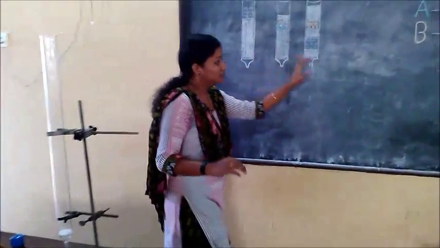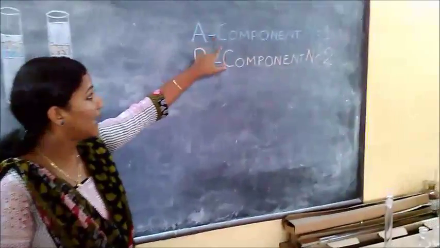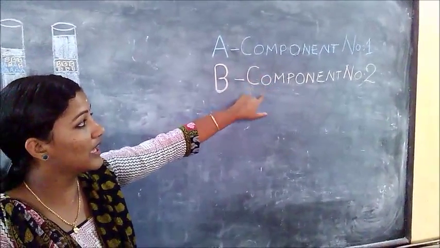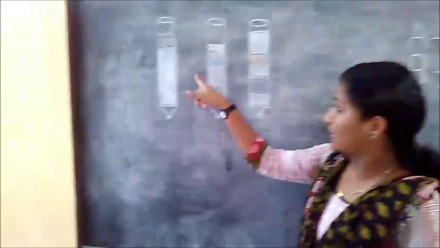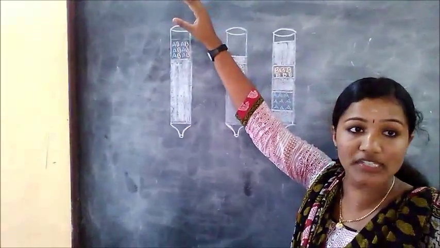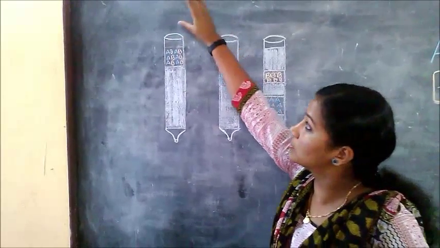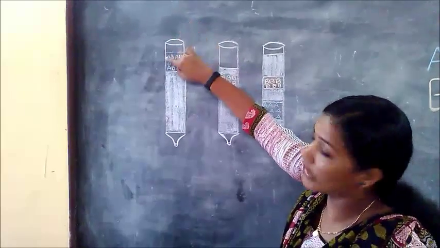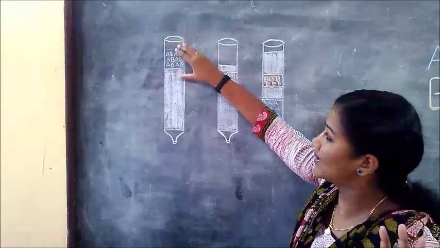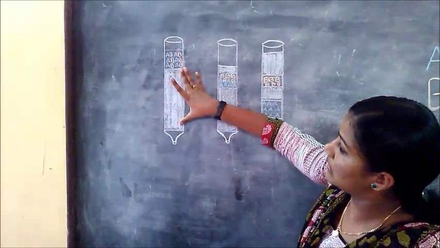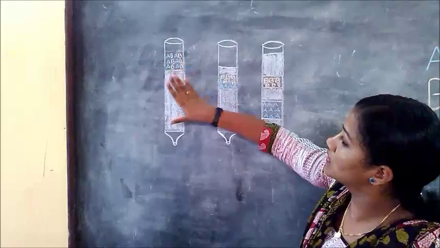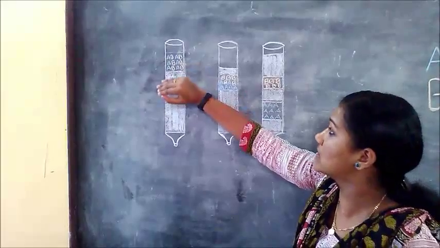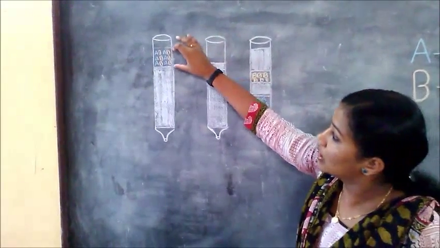Here we have explained, in blue color, component number 1, which is A, and B in brown color as component number 2. This is the separation. At first we pour the solution that we want to separate through the upper part of this column, which is called the glass column. The solution contains A and B, as I told you, and this is the adsorbent that is used. It is finely divided and closely packed in the glass,